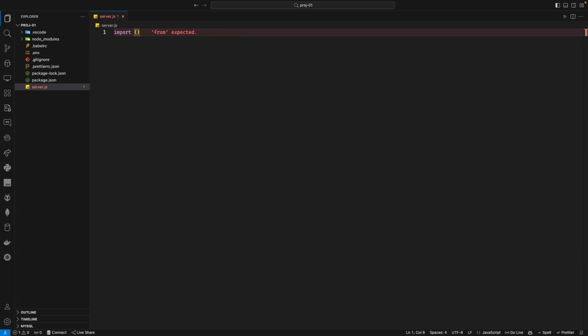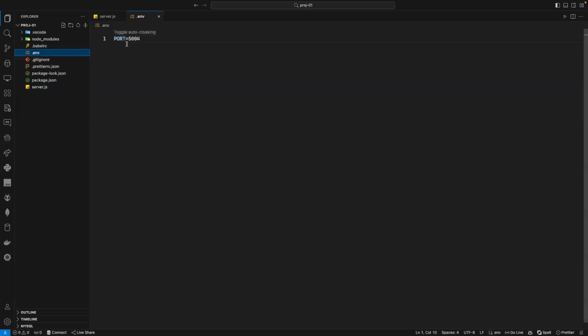How could I know that? Well, I know that because I built it before, and it is in the documentation. So I need to import it here. Yeah, it's called createServer, from HTTP. Okay, I've imported my createServer from HTTP, and I told you yesterday I'm planning to put my port number